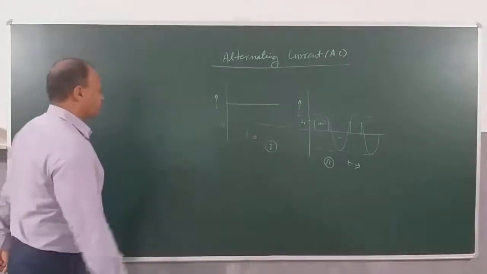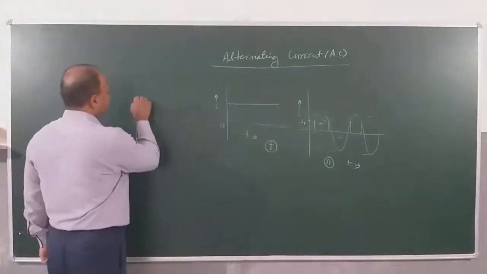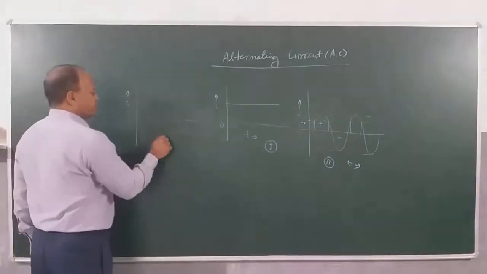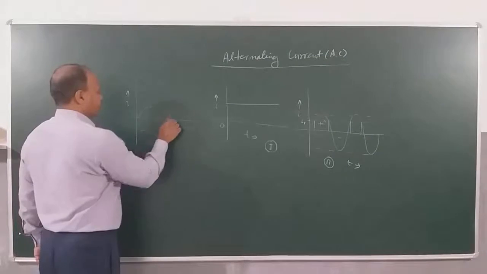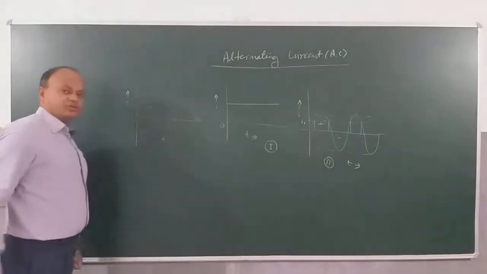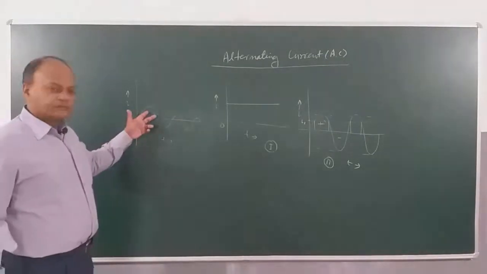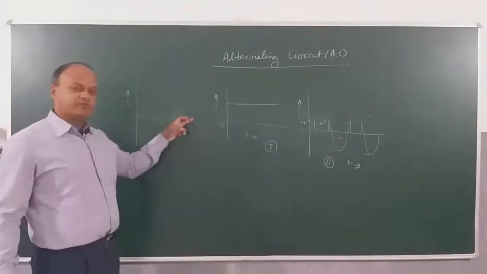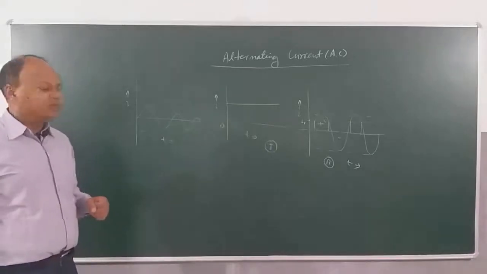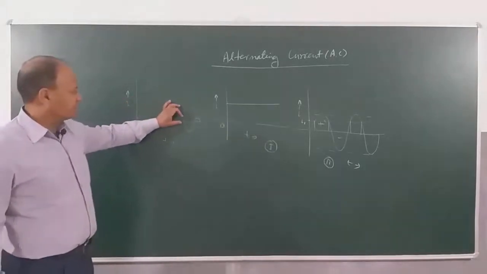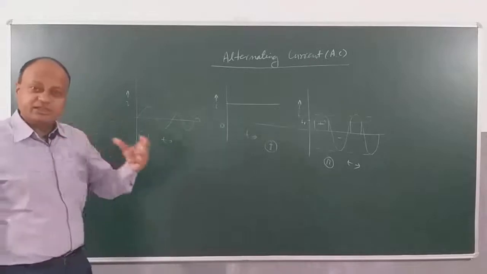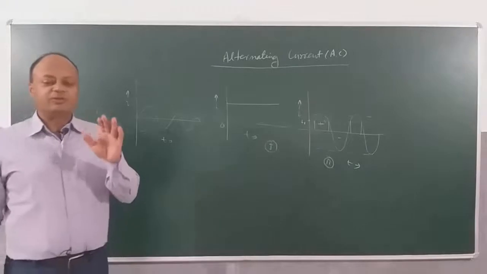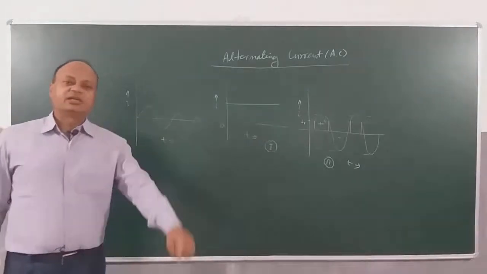Now let's look at this current. It is something like damped oscillations which I have done in class 11 in simple harmonic motion. What do you see here? In this case, you can see that magnitude and direction is changing with time. It is a function of time, but amplitude is not constant, it's constantly decreasing. So this obviously is not alternating current, because the condition for a current to be alternating current is that amplitude should be constant.